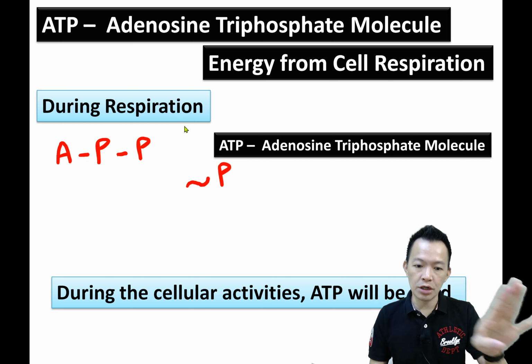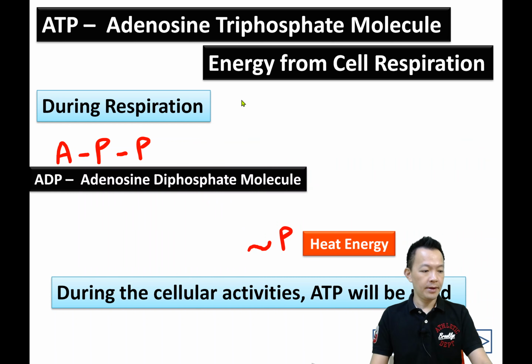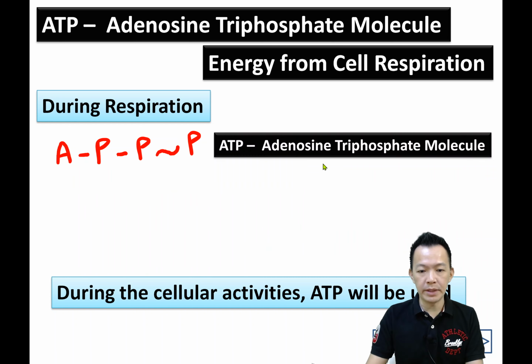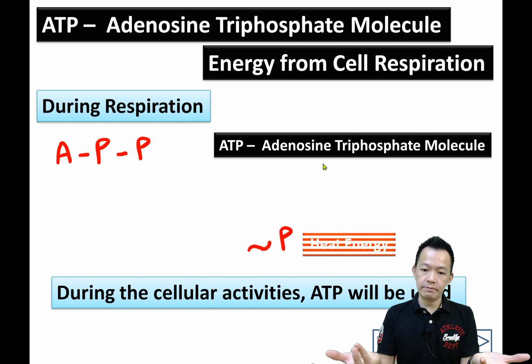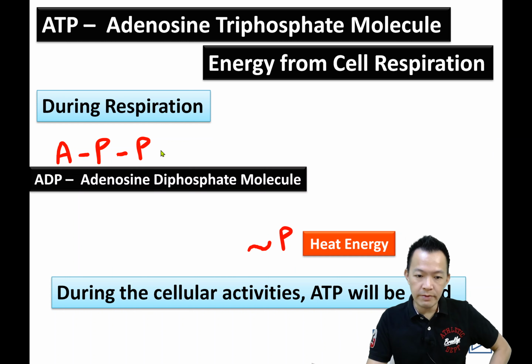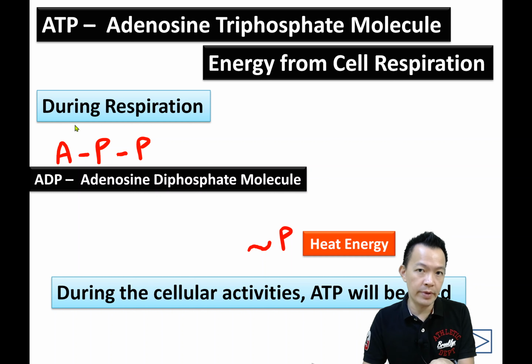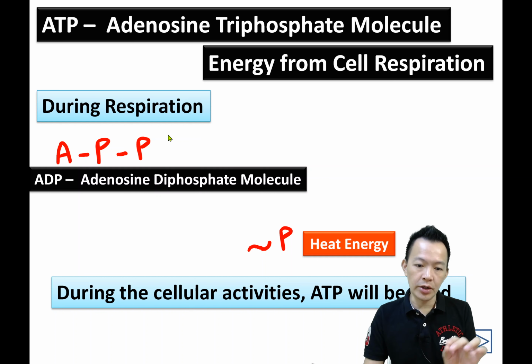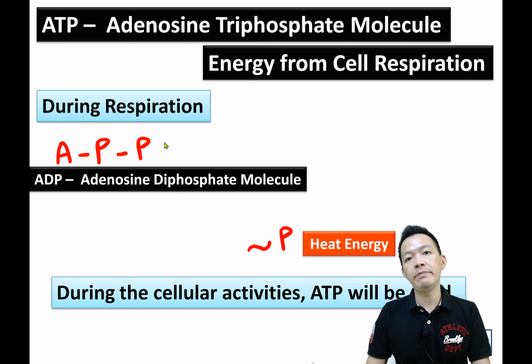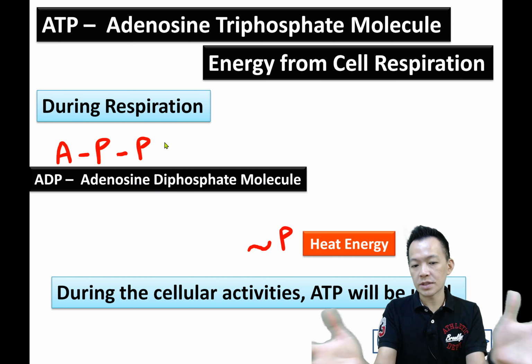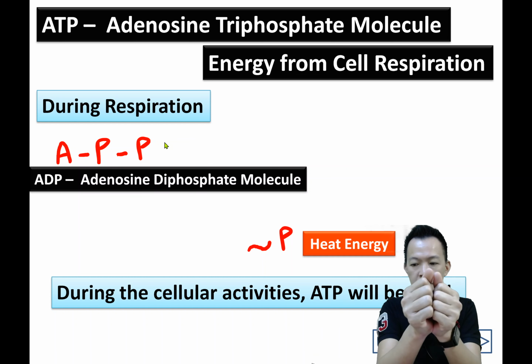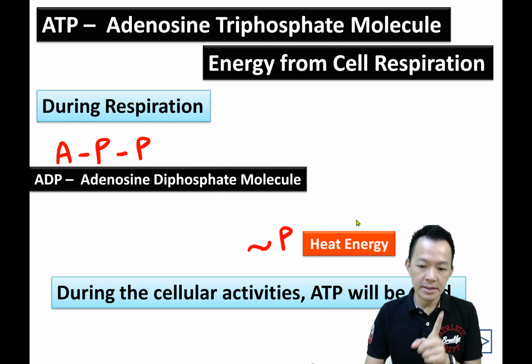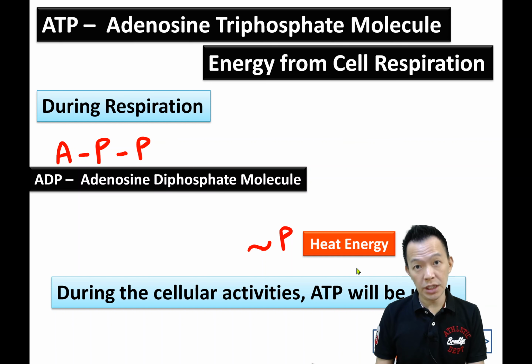ATP is going to decompose，它就会解散。When the ATP decompose, what happens? When the ATP decomposes, it will produce the ADP，它就产生了新的东西叫 ADP plus the heat energy，加一个 heat energy 了，so your body becomes warm. But don't worry about this ADP，这个 ADP 不要紧张。It's going to join back with the phosphate, finally become ATP again。等一下你细胞在燃烧食物，它又粘回去，然后变回 ATP，所以不用紧张的。OK，so you get the energy，你就拿到那股能量了。